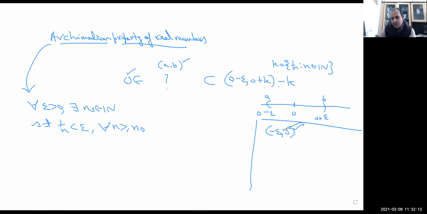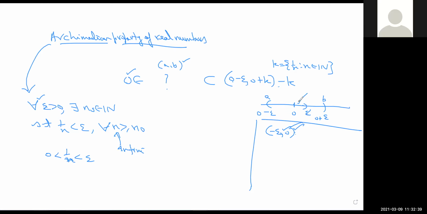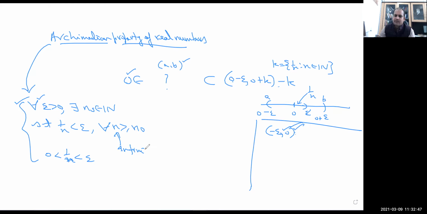Now we need an open interval which contains 0. So you have to go to the right of this, okay, 0, and let me call this epsilon dash. Now just replace, because epsilon is a real number, and for every epsilon this is true, that in between 0 and epsilon there are members of the type 1 by n, and we have infinite choice. So whatever epsilon dash or epsilon you choose here, just note it, always we have elements of the type 1 by n. Infinite choice. ठीक है, कोई बात नहीं, आप दोबारा पूछ लिया करो।